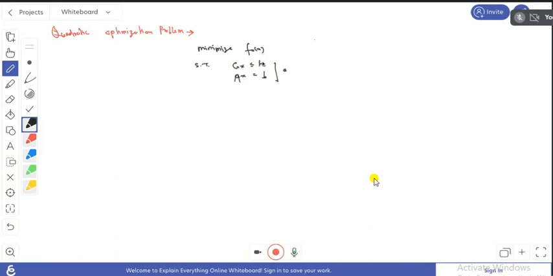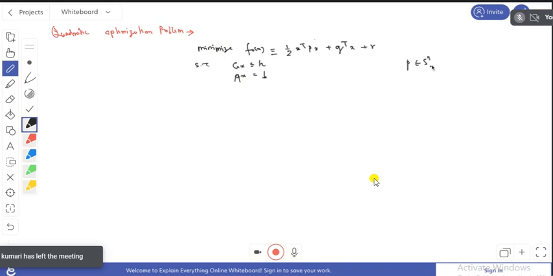Both constraints are linear functions, and your objective function is of quadratic form. If we write it in the form x transpose Px plus q transpose x plus a constant r, where P belongs to the symmetric matrices S_n^+, and G is an m cross n matrix,